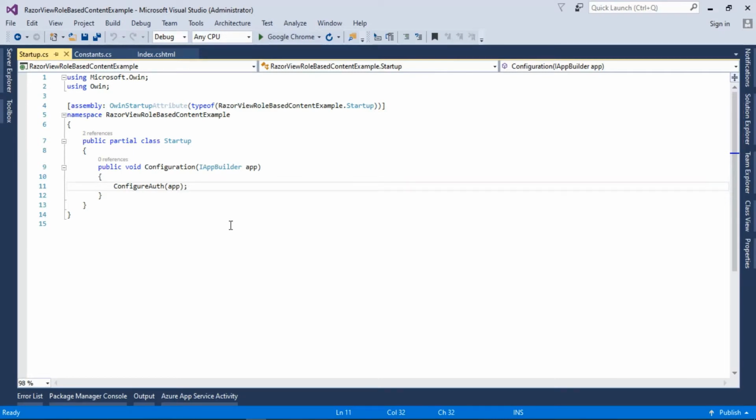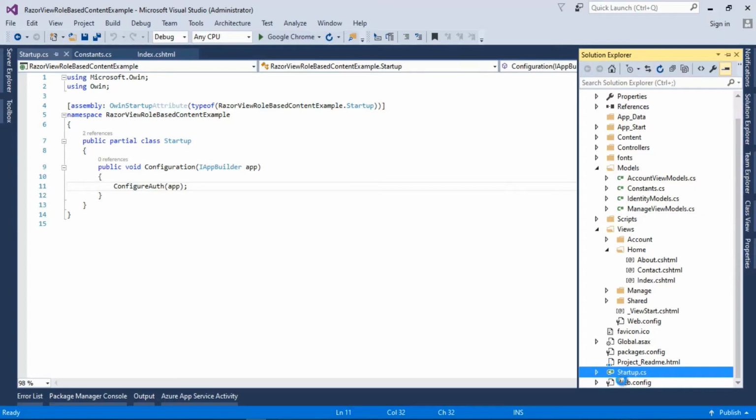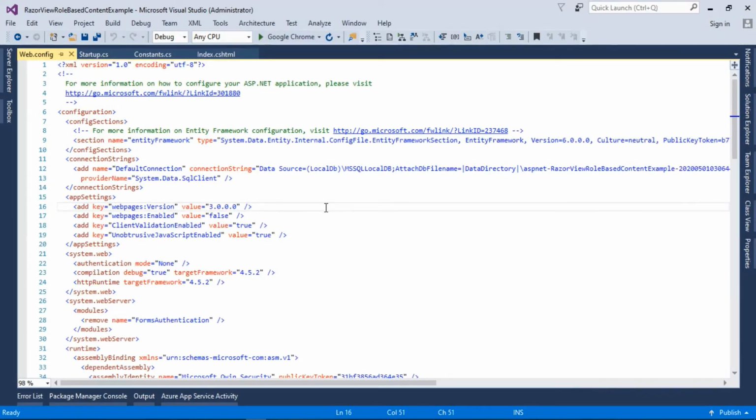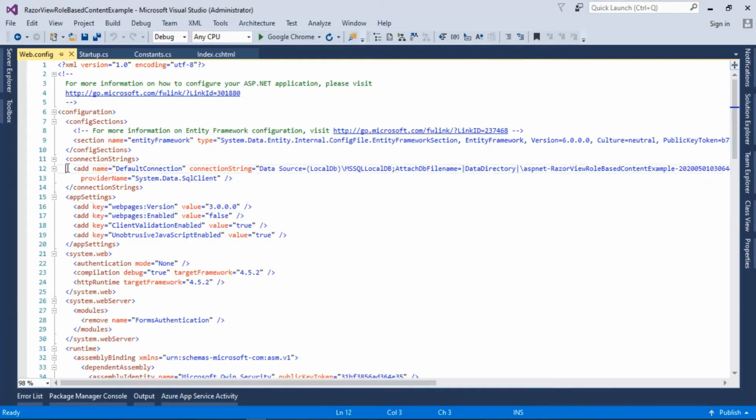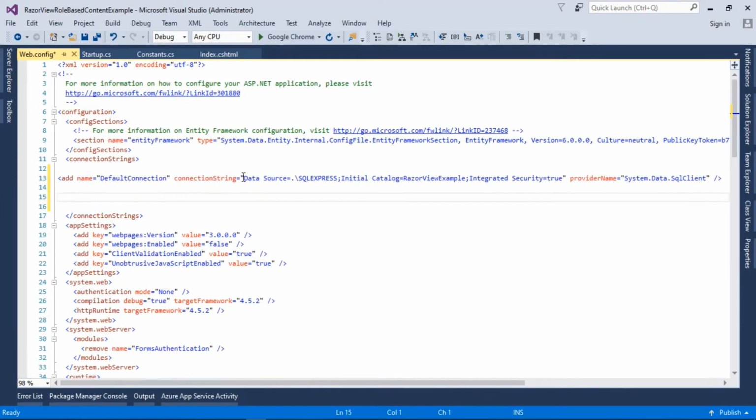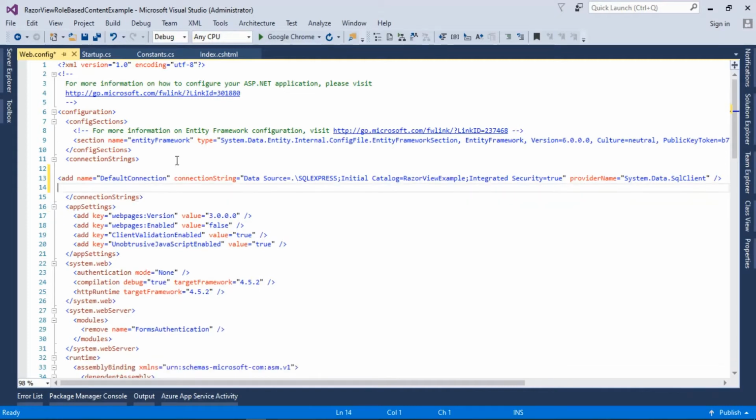So first of all I will go back to the web config, and let's change the connection string, because I have my SQL server connected to this instance. So I will change the connection string for this database. I will replace it with my own one, which I have already copied. Here, as you can see, the new connection string shows my instance of the SQL server.